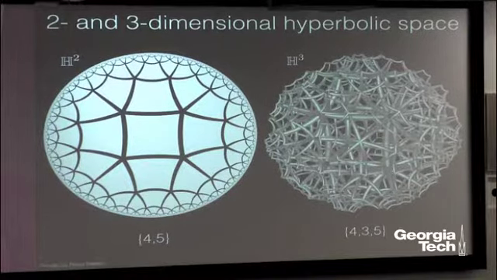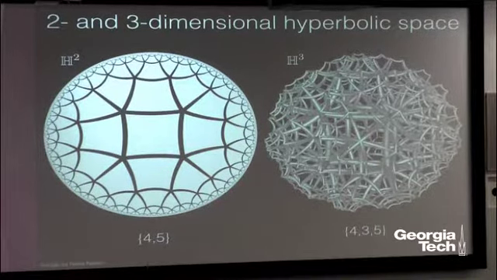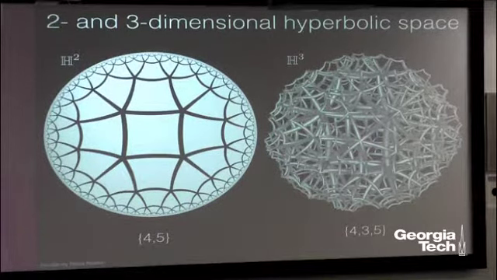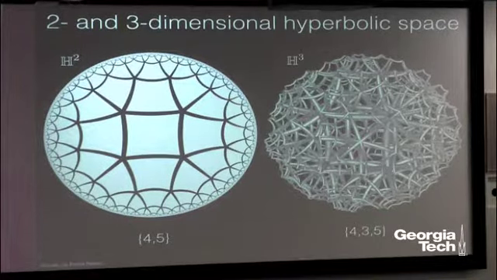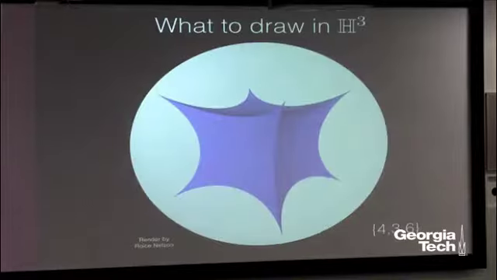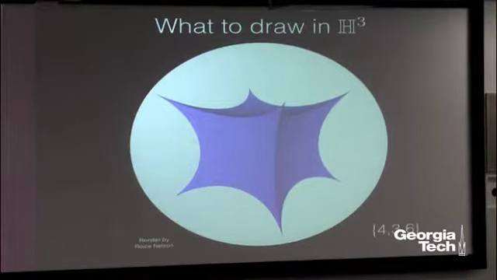But when we go up a dimension, let's see what happens. Again, 4, 3 is going to give us a cube, but now we've got 5 cubes around every single edge. It's like we took the Minecraft tiling, and at every edge, we opened up space and shoved in another cube. And we've done that everywhere in all of space. And we're going to do this again. We're going to make this 4, 3, 6, so this is cubes that meet 6 around every edge.